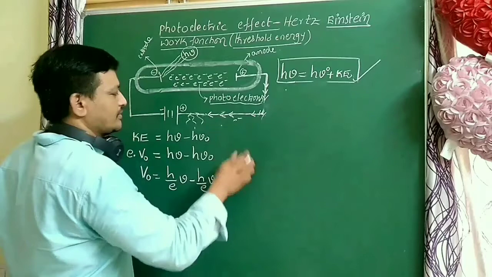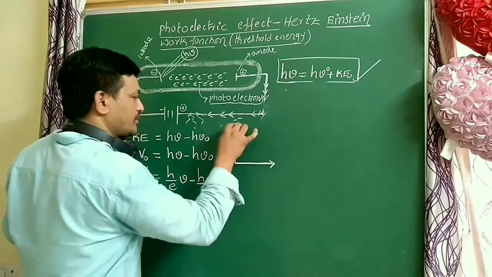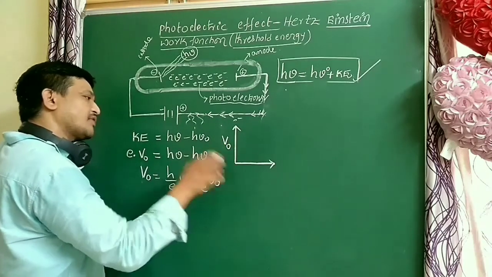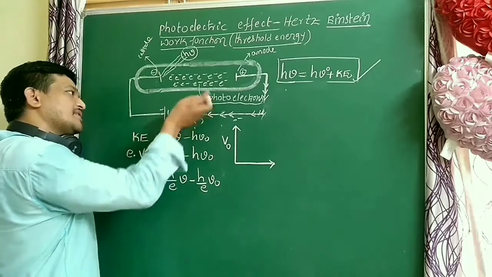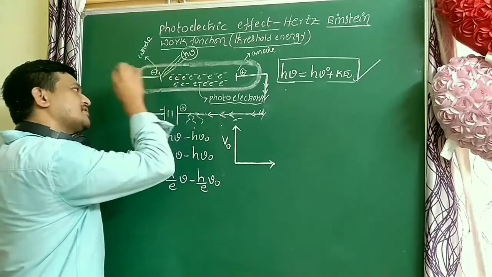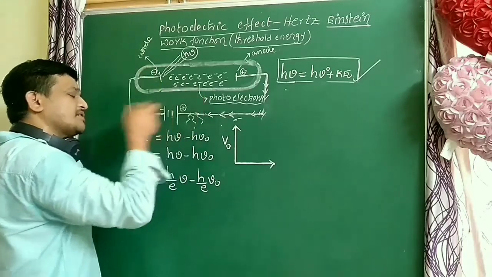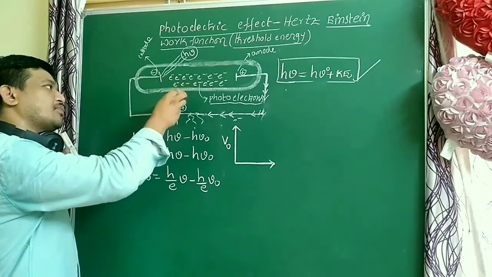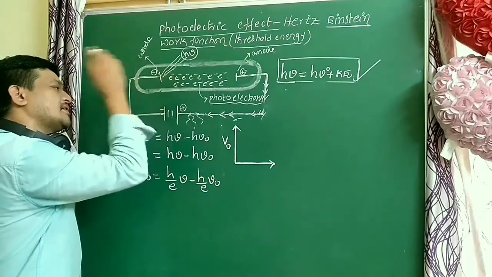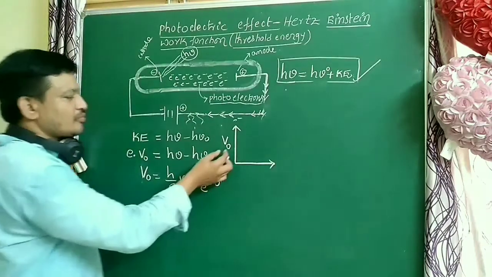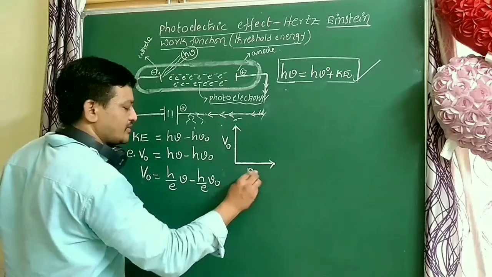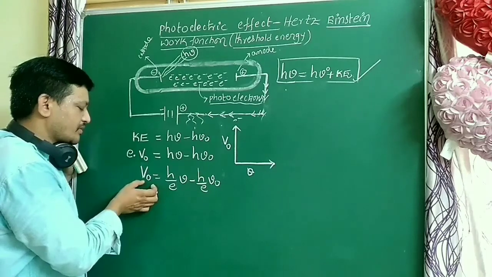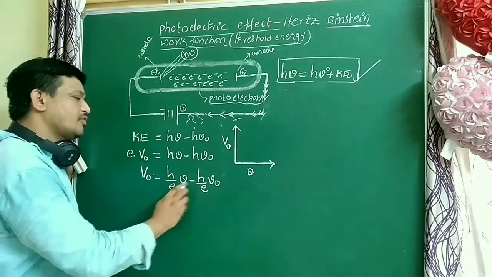So here the graph between V naught and mu. V naught is nothing but the stopping potential, the voltage applied in the opposite direction. In which case electrons are stopped, we apply that potential. Is it clear, students? The potential applied in the opposite direction stops the released electron, and that potential is called the stopping potential. So what is the relation between V naught and mu, students? V naught, not mu naught, students, very, very important. V naught means potential and mu is frequency.